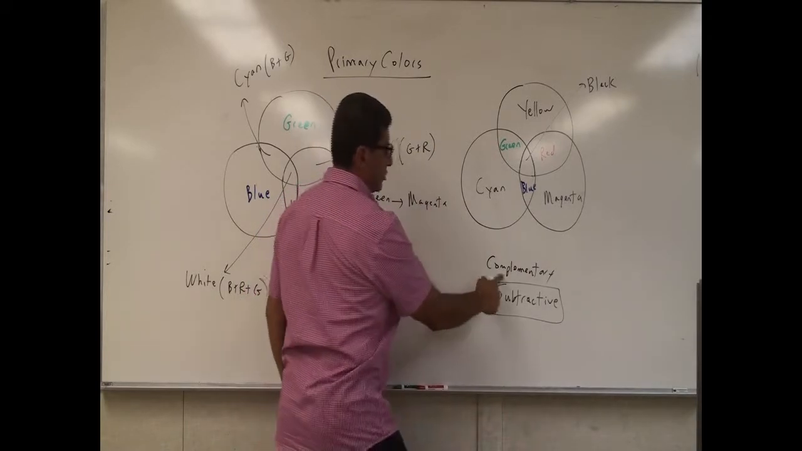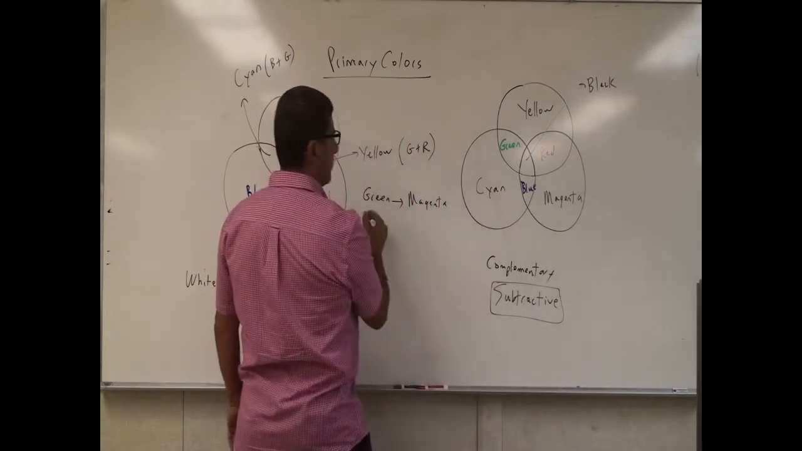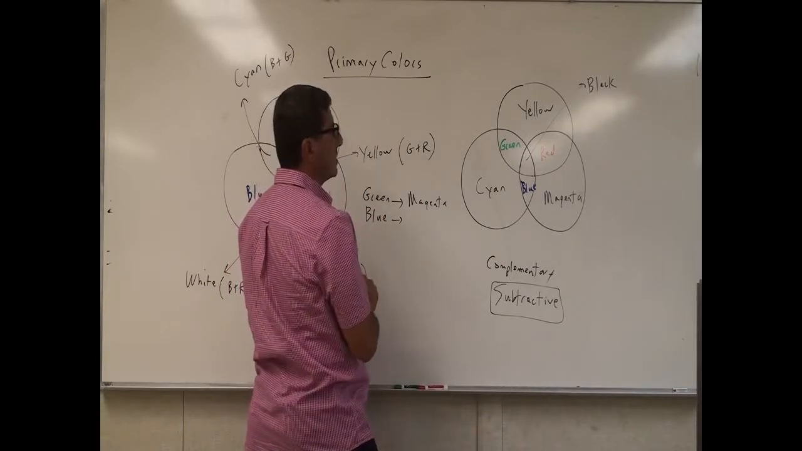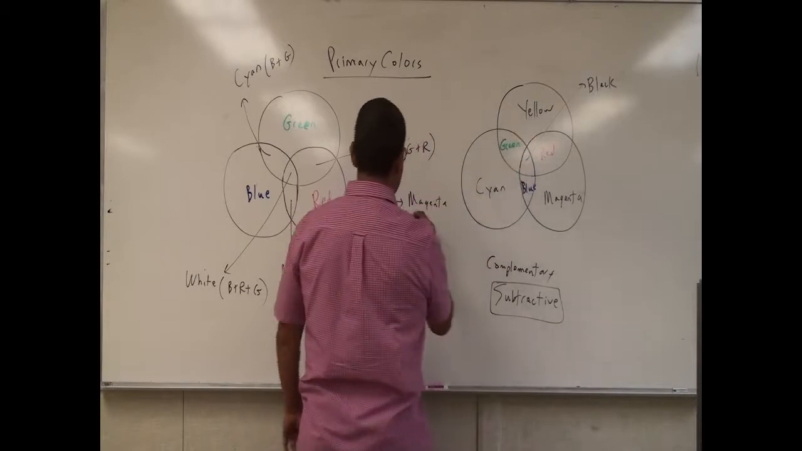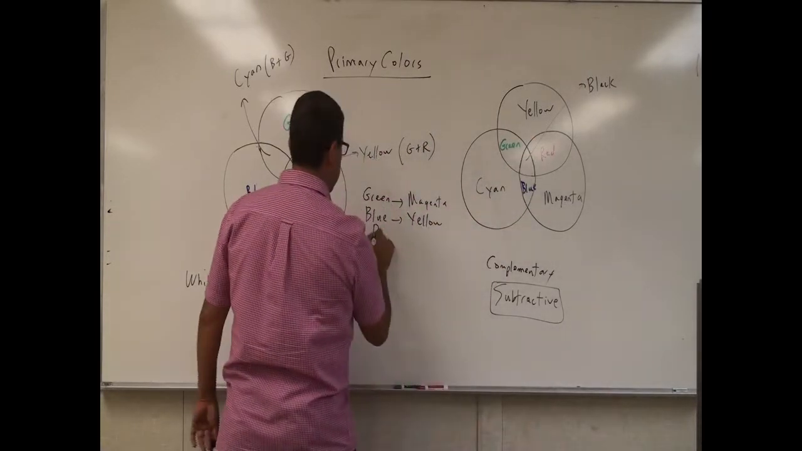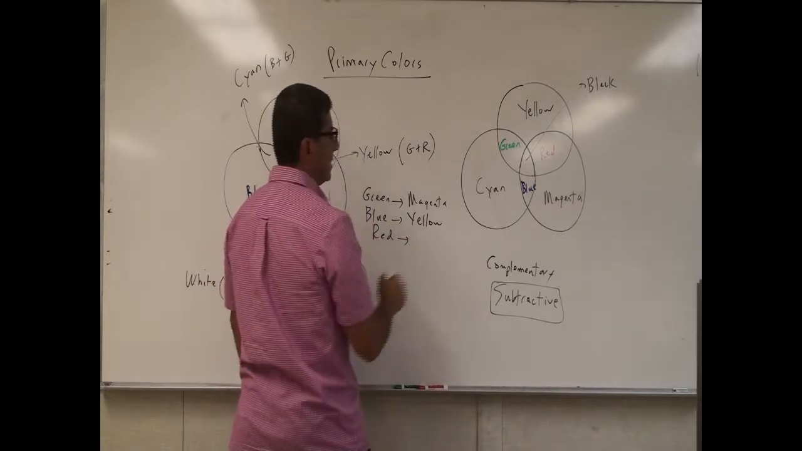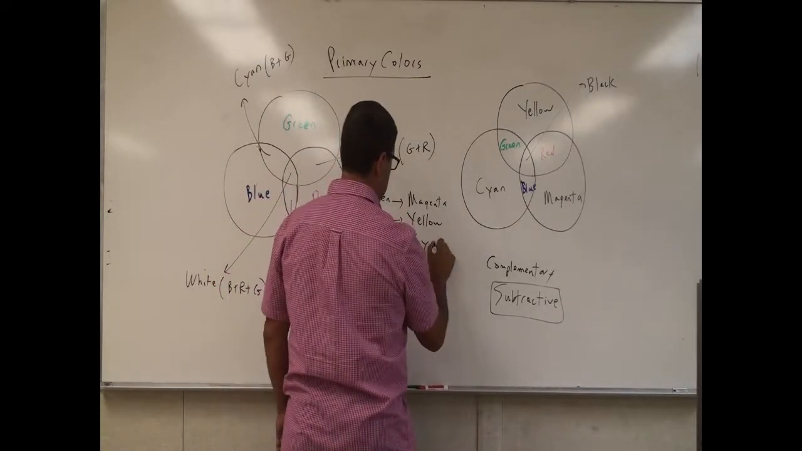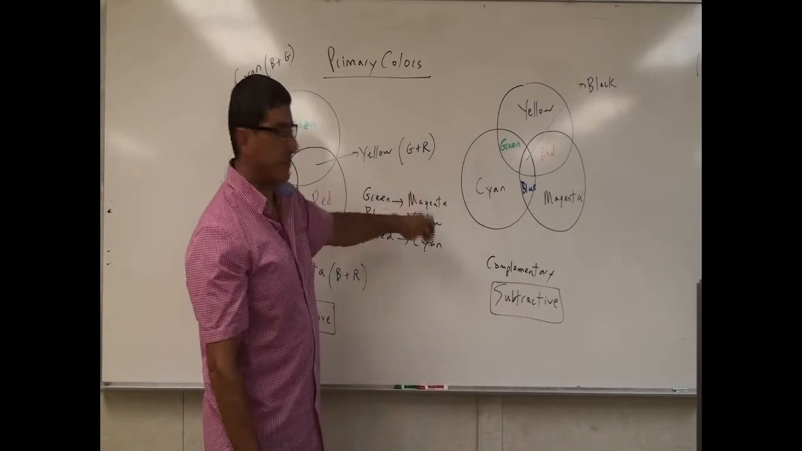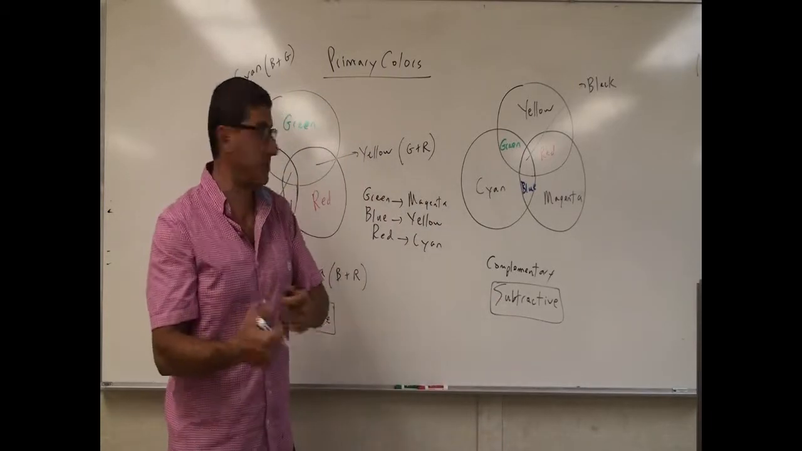So that explains why the term complementary. For blue, which one is its complementary color? For blue, its complementary is yellow. And for red, its complementary is cyan. Okay, the other reason it's called subtractive is that when I subtract magenta from white light, I'm going to end